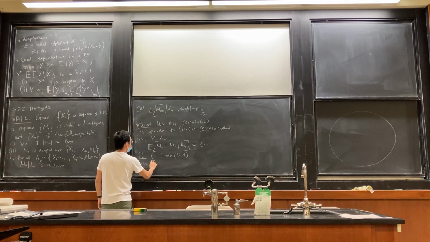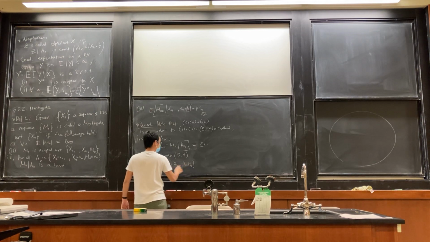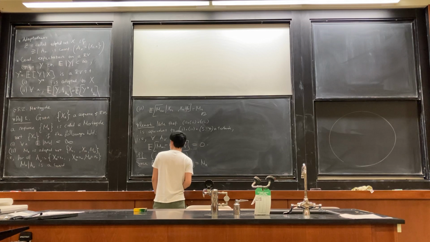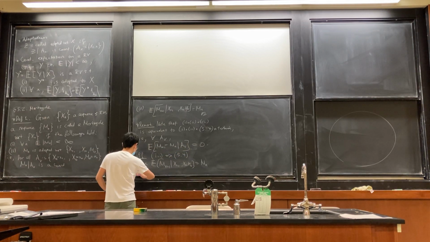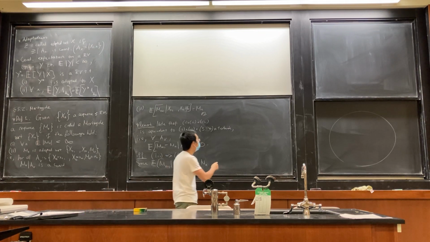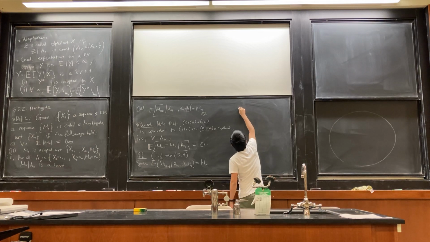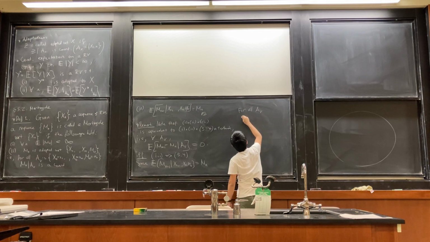Since we have the conditional expectation of M_{n+1} conditioned on X_0 up to X_n is equal to M_n, we have the property that for all such events A_v, the expected value of M_{n+1} conditioned on